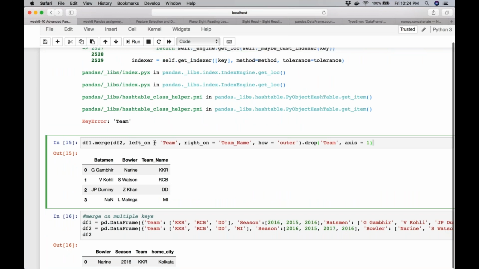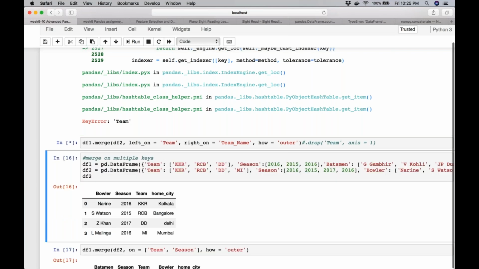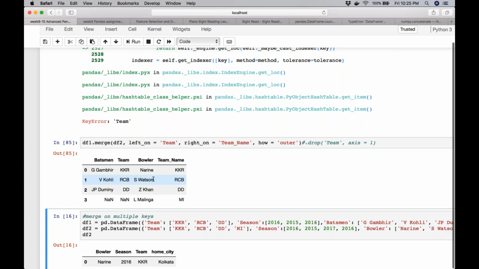So I want to say for my left data frame, the merging should happen on the column name team, whereas for my right data frame, the merge should happen on team_name. And in this case, of course, you will not use the on parameter because you're using just left_on and right_on. So now it is able to do the merge.